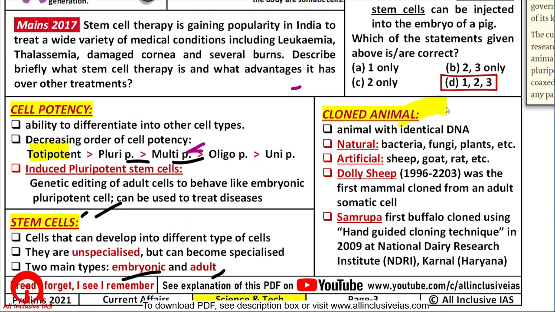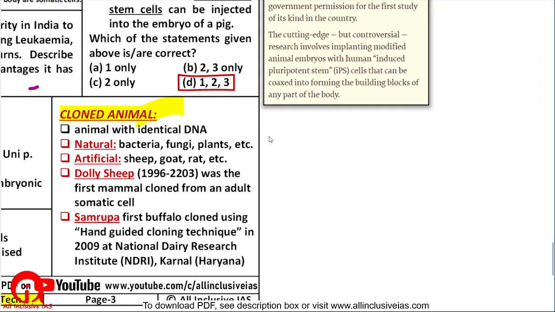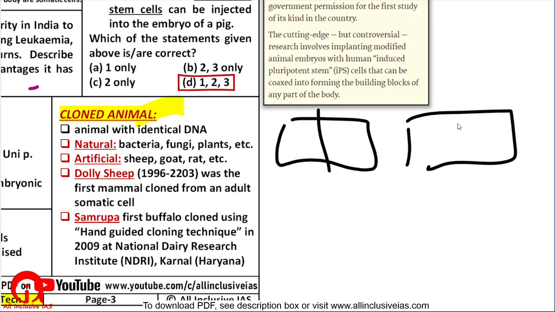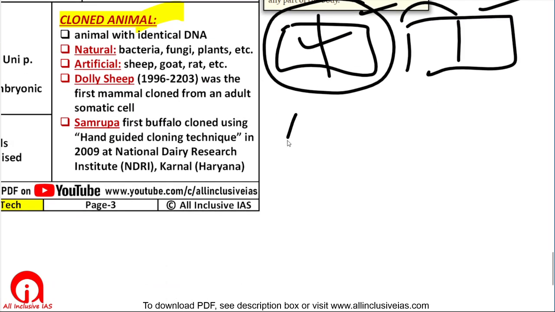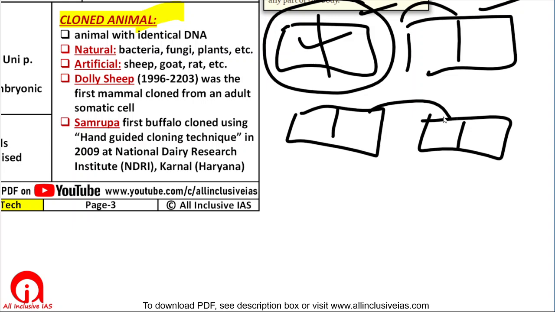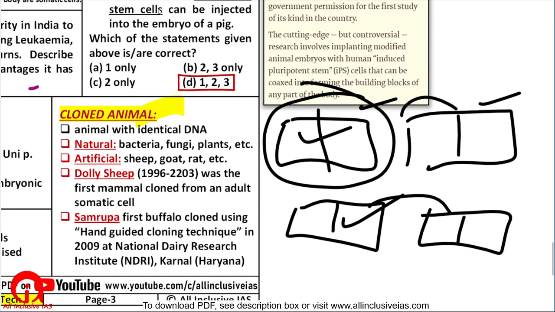What is a cloned animal? So humans have DNA different from a chimpanzee. So the human genome and the chimpanzee genome, these are two genomes. Obviously our genome is different from that of a chimpanzee, but in humans also each human has a different, unique genome, right? So this is your genome and this is some other person's genome. They're also different. So each genome is absolutely unique. There could be 99.9% similarity, but there will be 0.1% uniqueness in your genome.